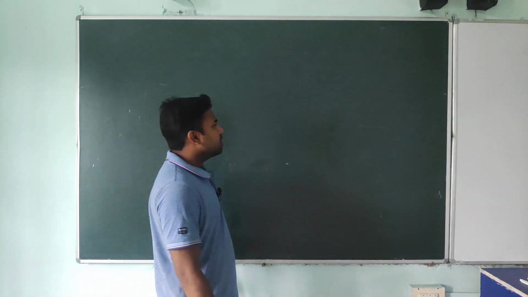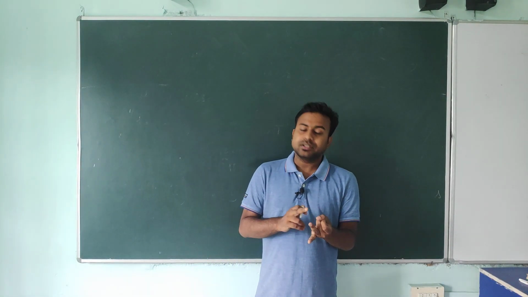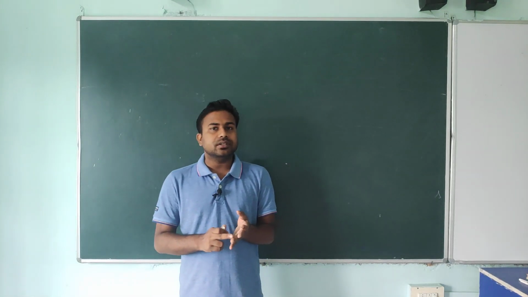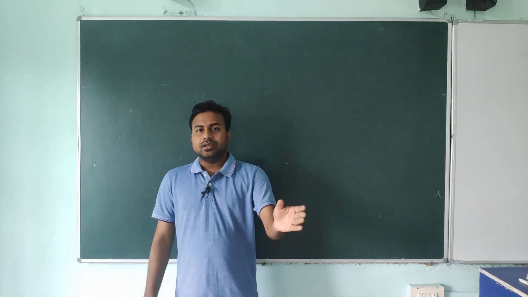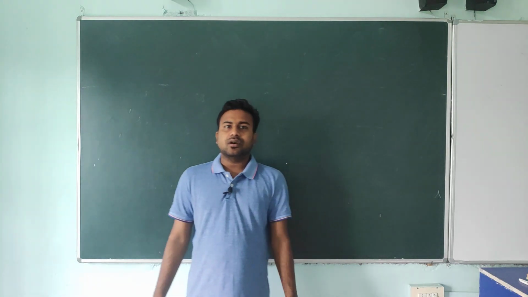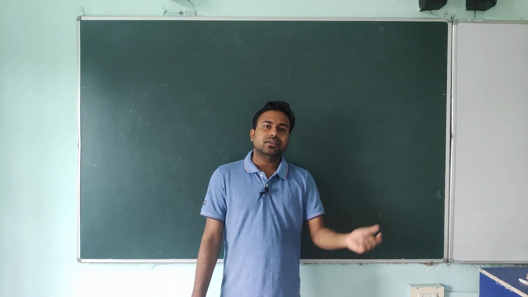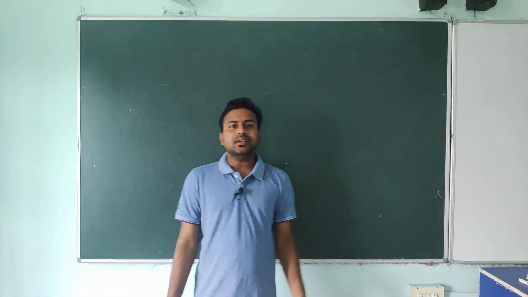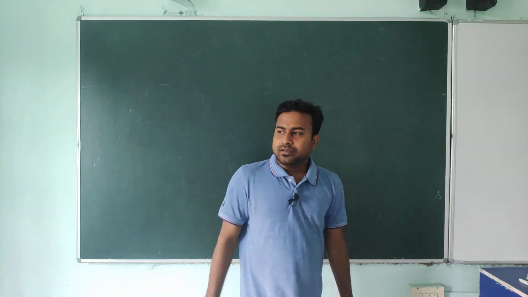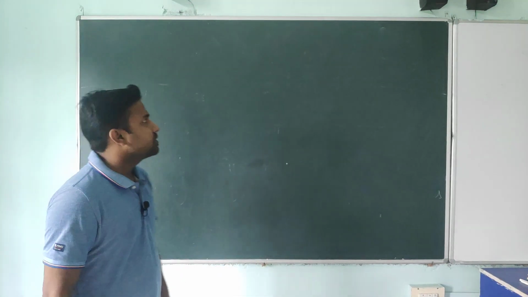Before starting the second lecture, what we already discussed in the first lecture was the intro of physics: what is a physical quantity and what is a non-physical quantity. We divided physical quantities in four ways: on the basis of direction, into vector and scalar; on the basis of dependency, into fundamental and derived. We will also discuss supplementary quantities in that unit. Now we started vectors, and we discussed vectors till addition of vectors.